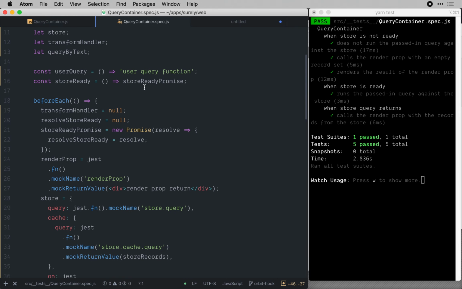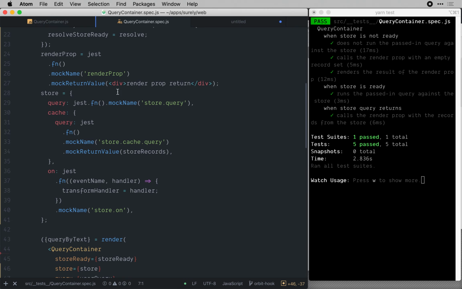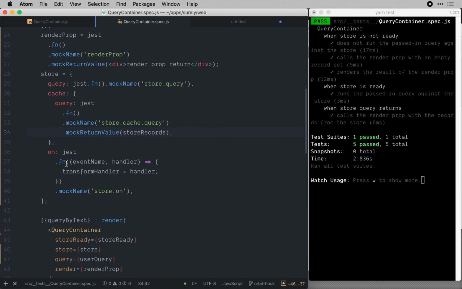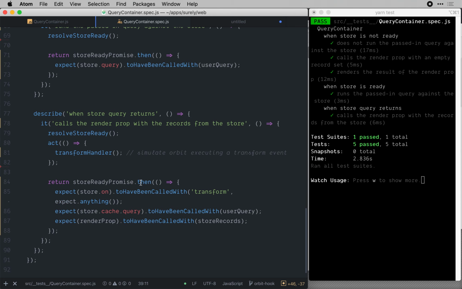So I think our setup here is probably cleaner. As we look at our store, query is a mock function. Cache query is a mock function that returns the store records. And on is a mock function that saves the handler for us to control later. And we see as we look down here, for this scenario, the scenario that has the full functionality of when everything is done and gotten back from Orbit,